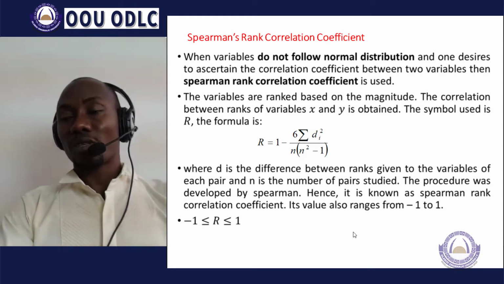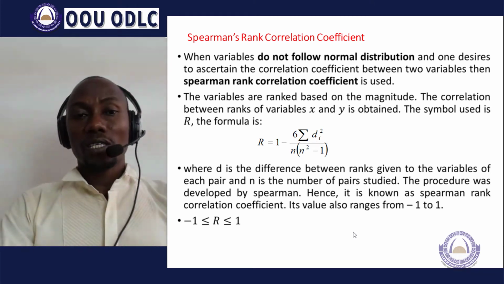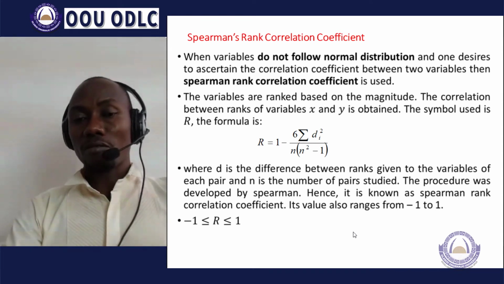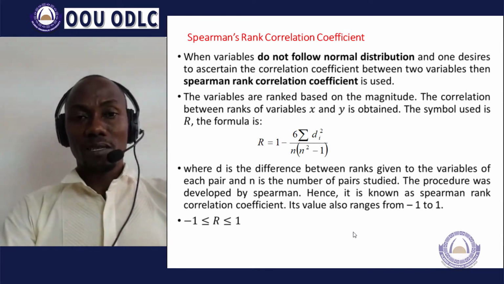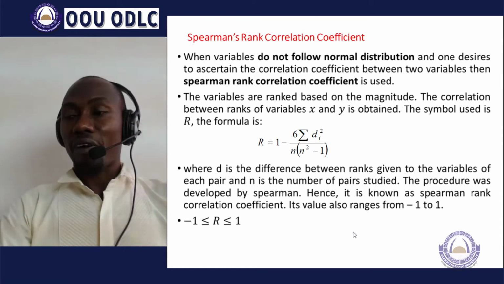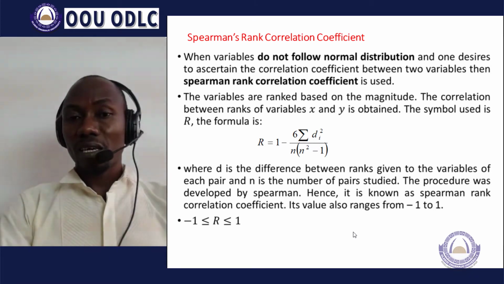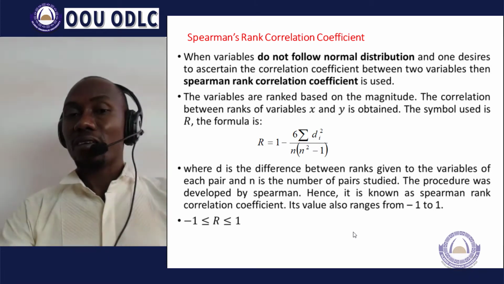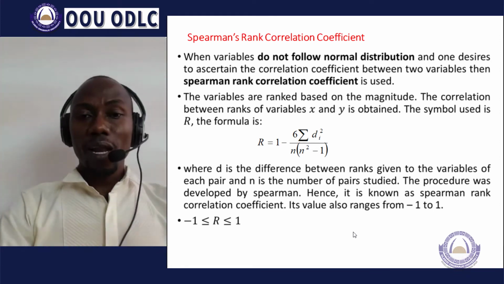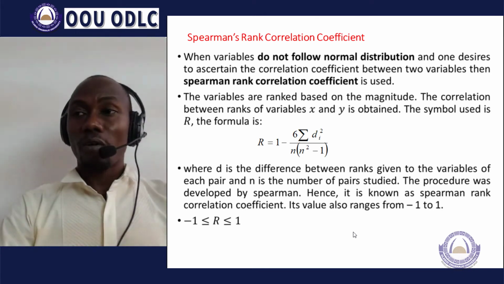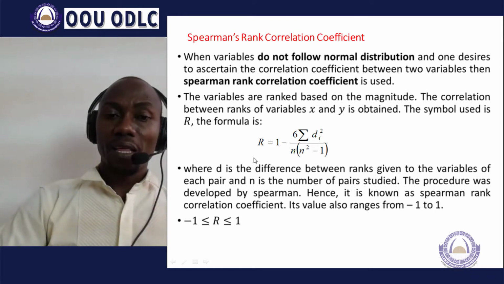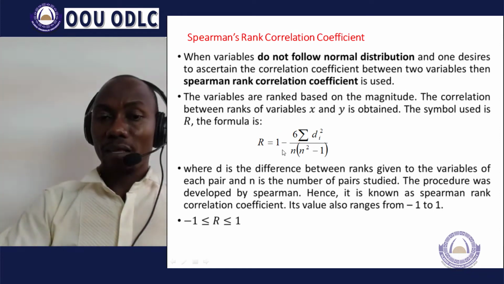Next, we go to the computation and application of Spearman's rank correlation coefficient. As earlier mentioned, the condition for the use of Spearman's rank correlation coefficient is that there must be violation of the normality assumption by the distribution or the data set under consideration. The formula for the computation of the Spearman rank correlation coefficient is presented as capital letter R equals 1 minus